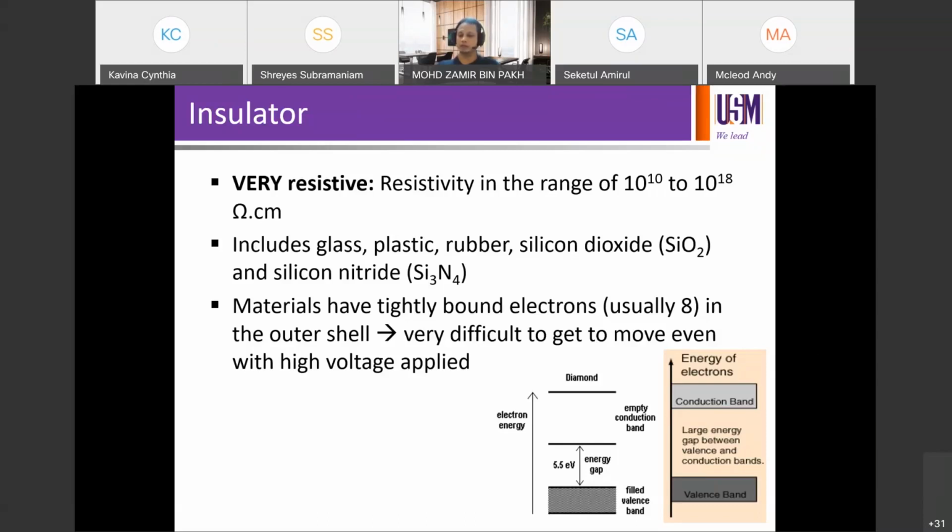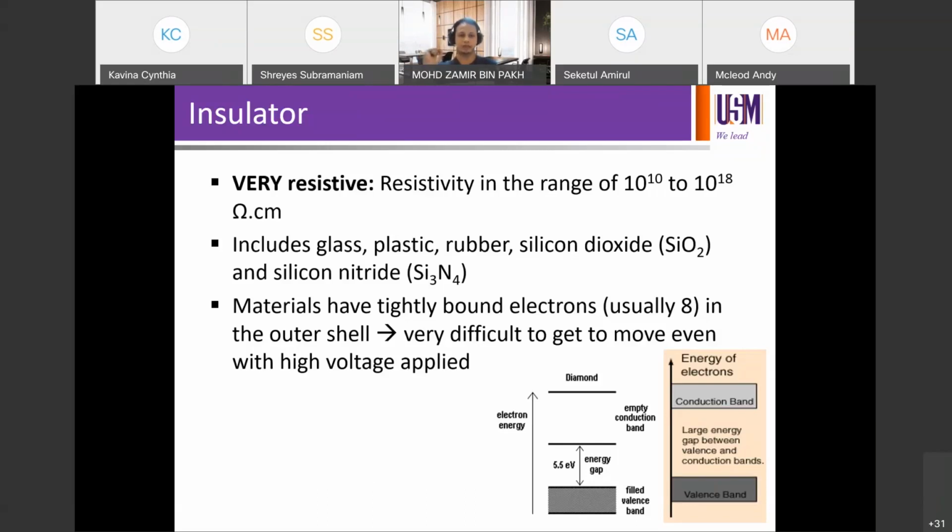In order for the material to conduct, your carriers have to be able to move freely. So electrons and holes have to be able to wander around the lattice in order to do the conduction. If they are trapped, tightly bound to the lattice, they will not be able to do so. Therefore, there's no conduction